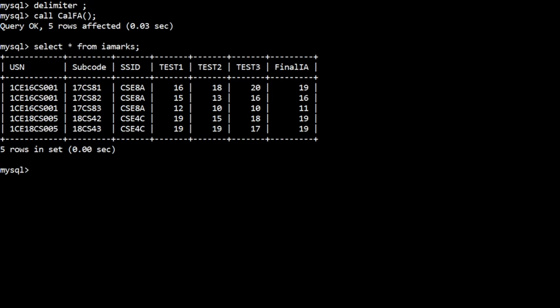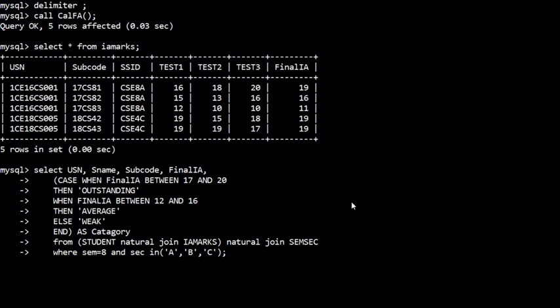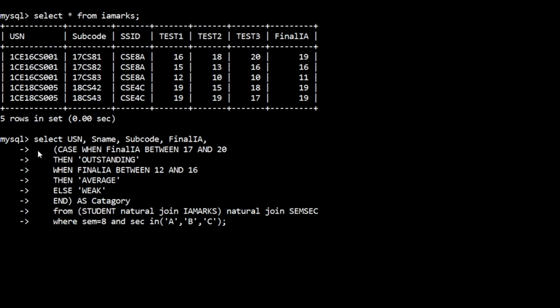So we'll use the case construct here. Select USN, name, subject code and final IA. You can see how to write the case construct here. Case when final IA is between 17 and 20, then outstanding. If it is 12 to 16, average, otherwise weak.